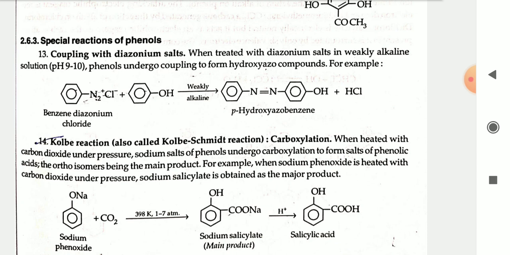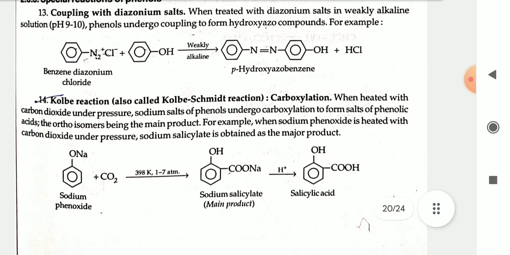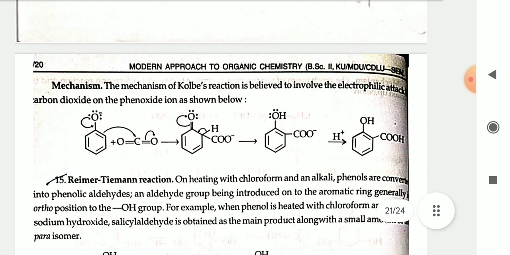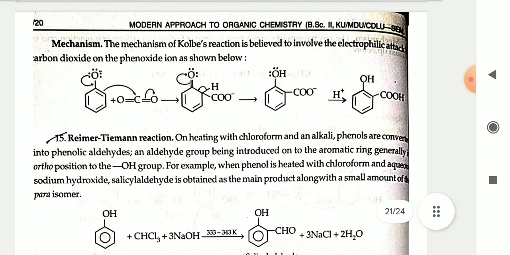14. Kolbe reaction, also called Kolbe-Schmidt reaction. Carboxylation. When heated with carbon dioxide under pressure, the sodium salt of phenol undergoes carboxylation to form the salt of phenolic acid, the ortho isomer being the main product. For example, when sodium phenoxide is heated with carbon dioxide under pressure, sodium salicylate is obtained as a major product. Mechanism: the mechanism of Kolbe reaction is believed to involve the electrophilic attack of carbon dioxide on the phenoxide ion